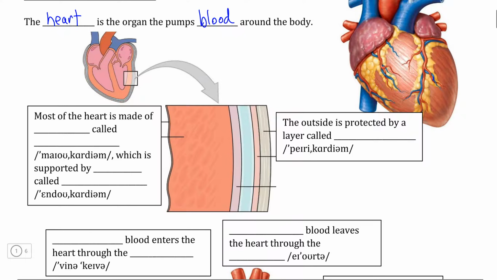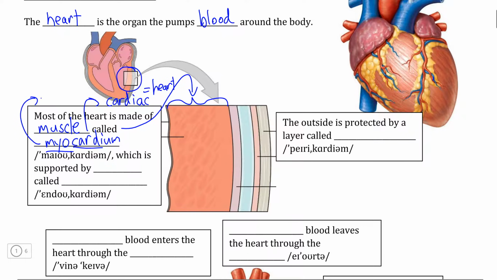Now, given that the heart can actually contract and relax, we can infer that most of the heart is made of muscle tissue. In fact, if we look at the cross-section of the heart here, this entire layer, which is orangish red in color, is a special type of muscle that is found only in the heart, which is what we call myocardium or myocardial tissue. We can see from the word myocardium that the root of this word is cardiac, which is an adjective that means pertaining to or related to the heart, and myo is a prefix that indicates relation to muscle, so myocardium